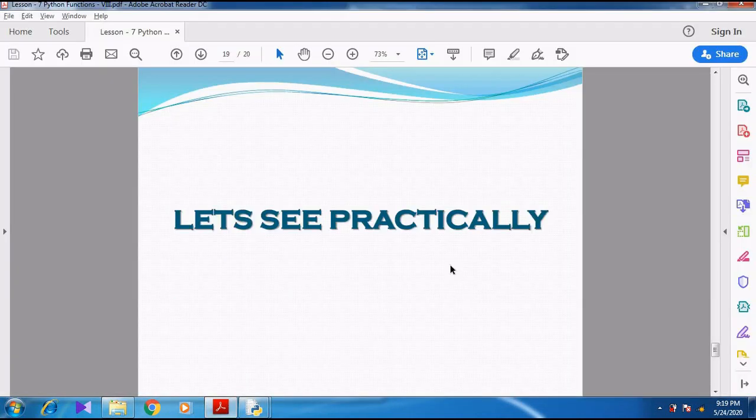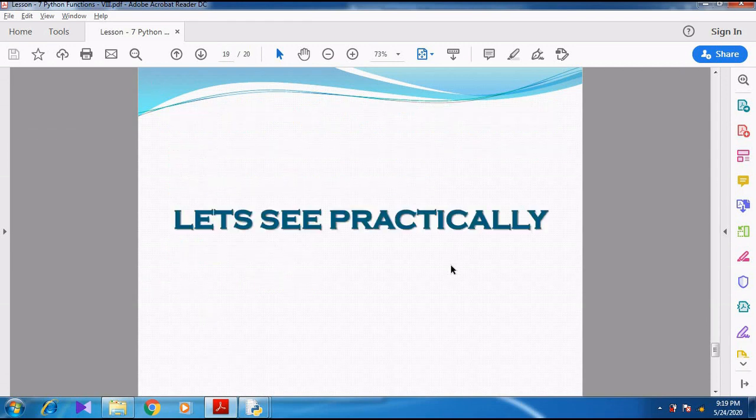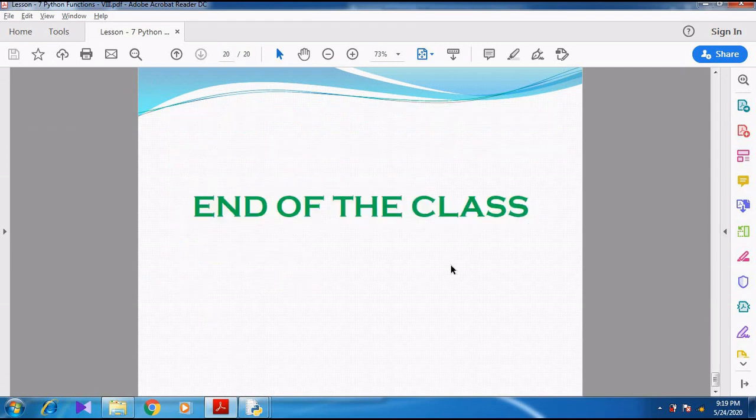These built-in functions may be asked in 2 mark, 1 mark or 3 mark questions. Sometimes one or more functions may be asked in a 5 mark question. So all these functions are very important, and it is very easy to study. All these built-in functions, you might have understood.